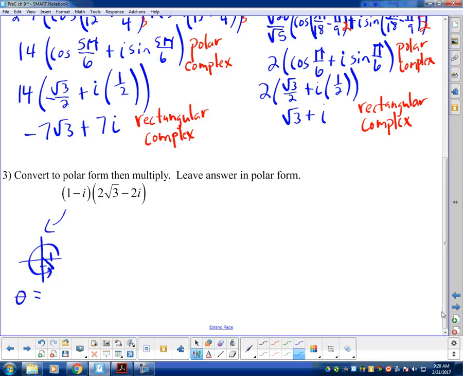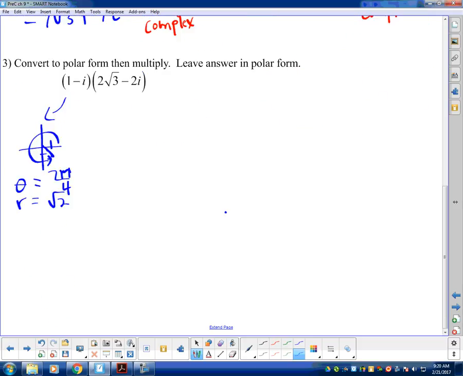Good. And what's r going to be equal to here? Can you do that in your head? 1 by 1, so 1 squared plus 1 squared is 2. Square root of 2. Okay, so this one in polar form would be r, which is root 2, times cosine 7 pi over 4 plus i sine 7 pi over 4. So there it is. Times